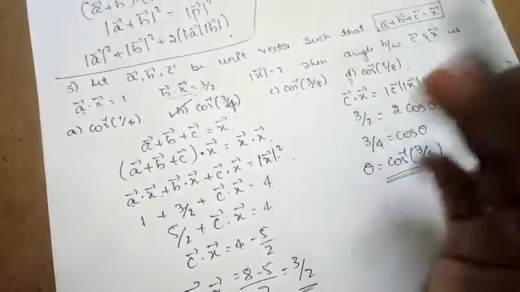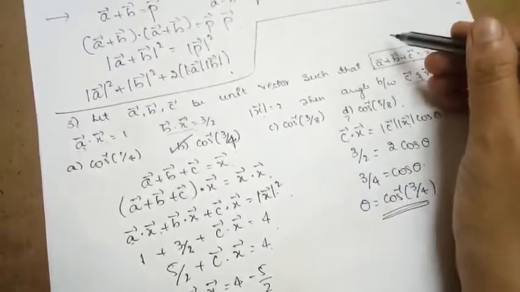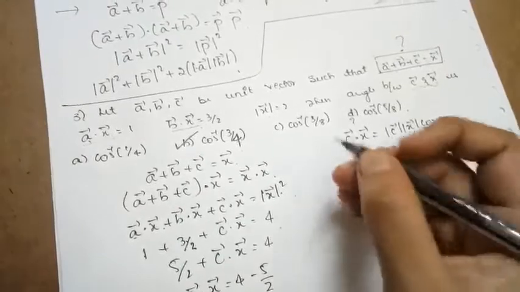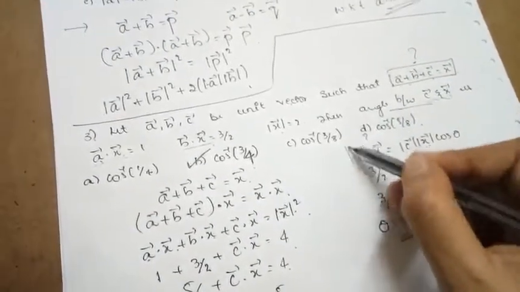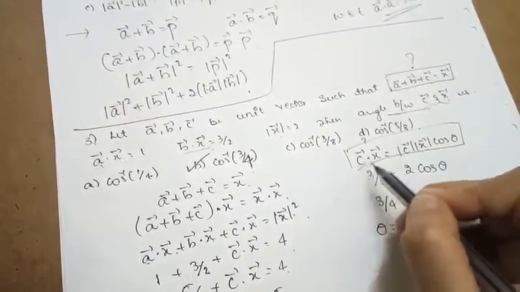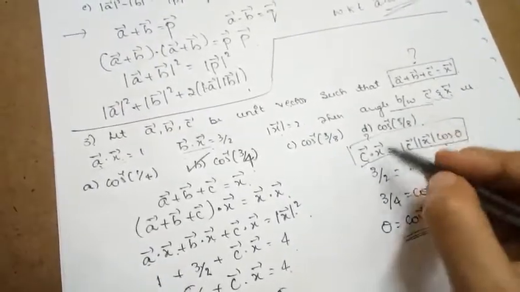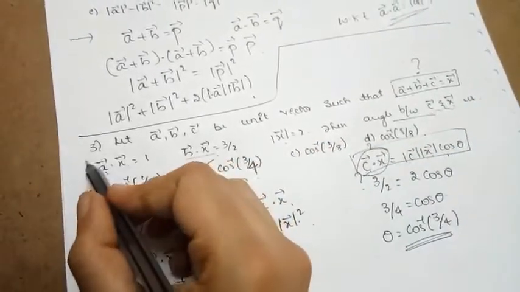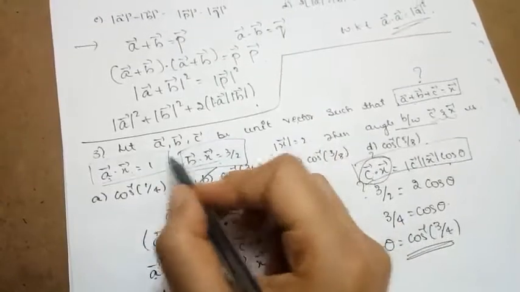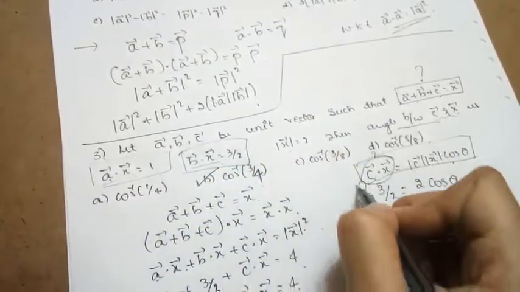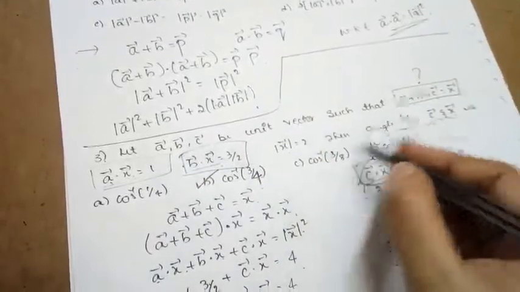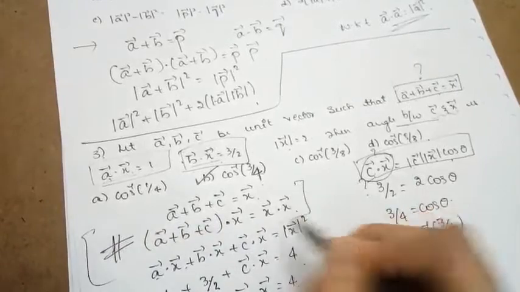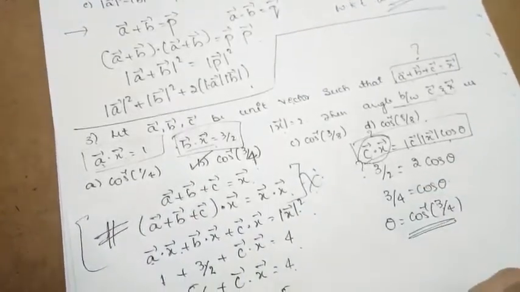So even in this question, it is a direct thing. The idea is, by looking into the given data, which formula we need to apply, that is the main agenda. They have given the angle, so this idea will automatically flash into your mind. What all data is required to get an angle, that is the thing you need to think here. In the question we have some of the data, so how we can collect what we require and the given data together, that idea flashing in this step is very important in this question.